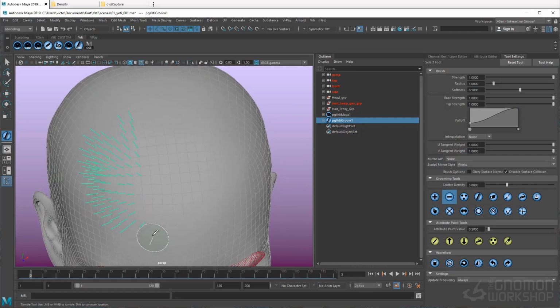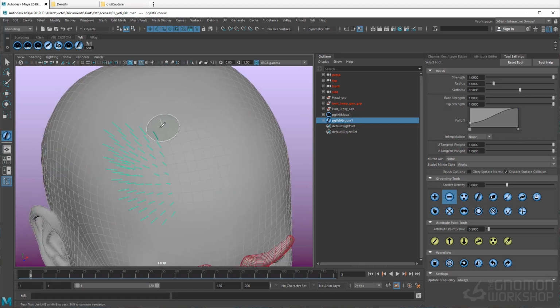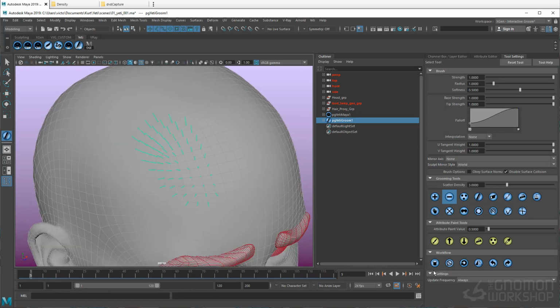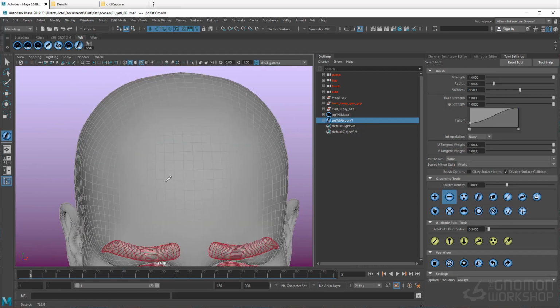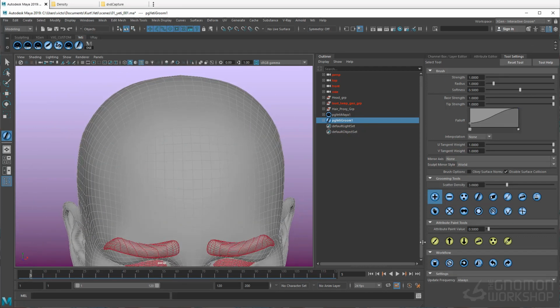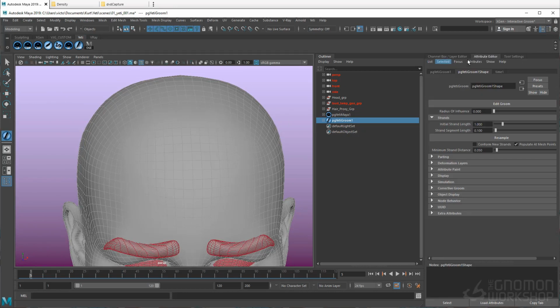Or we can use one of Yeti's workflow tools if we go to the tool settings and select the fill tool. What this tool does is apply the active brush across the entire surface. Since we have the delete brush selected and we hit the fill button, it'll delete all the strands on the surface. So let's go back to the add brush, jump over to the attribute editor, and under strands, we'll see